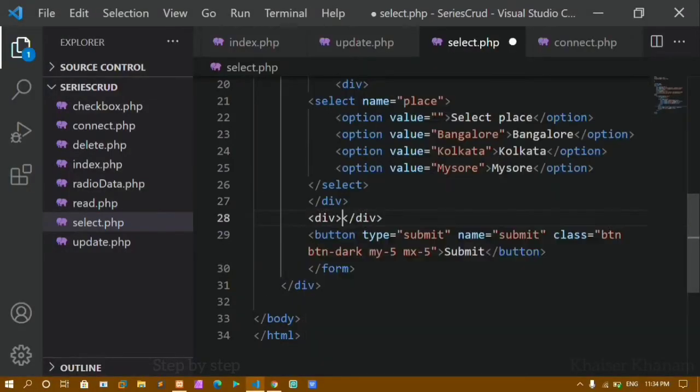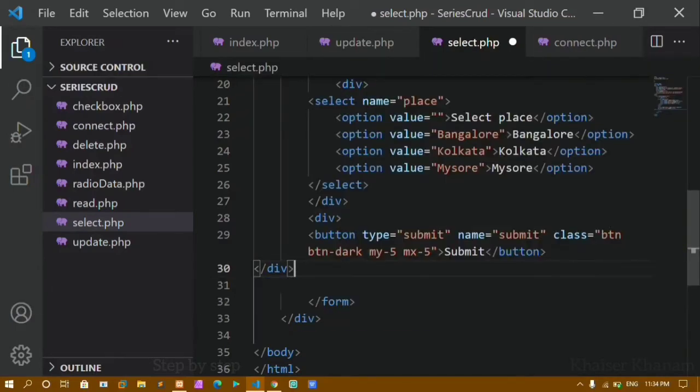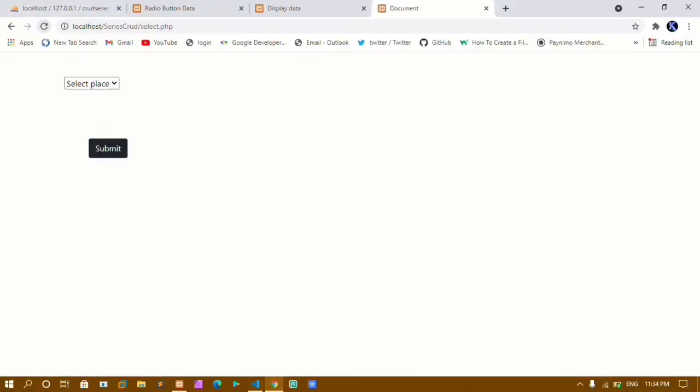I'll wrap my button inside one div, and for this div I'll be giving the class name. I'll just copy this one, and here I'll be pasting that. I'll just close this div here, and for this div I'll just give the class name. I'll just give here margin 5. I'll save this, and now if I refresh this one, my button is here, and yes, it is visible now,